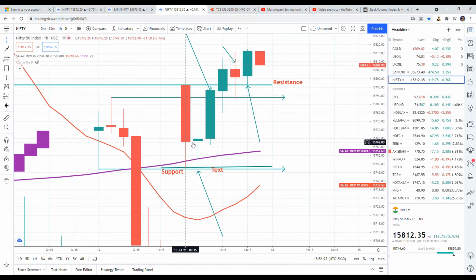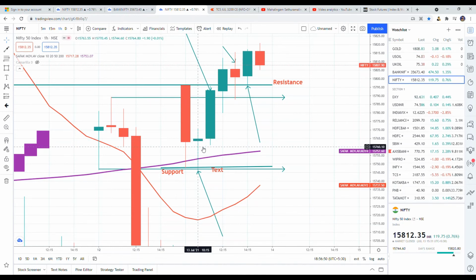The low point you can see here, close to almost 762. This is the first candle. Look at the second candle. Second candle low is above the first candle low. Look at the third candle. Third candle low is above the first candle. So the market is pushing the price upward. So you have to be patient and look at multiple time frames.